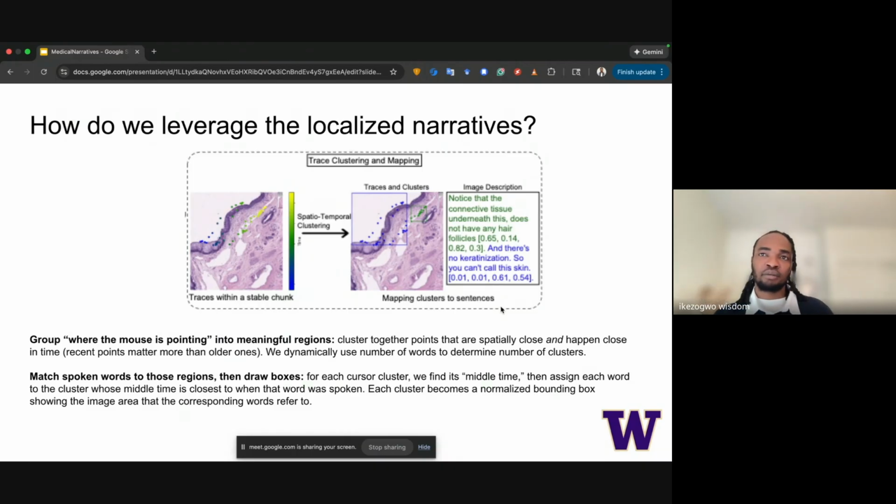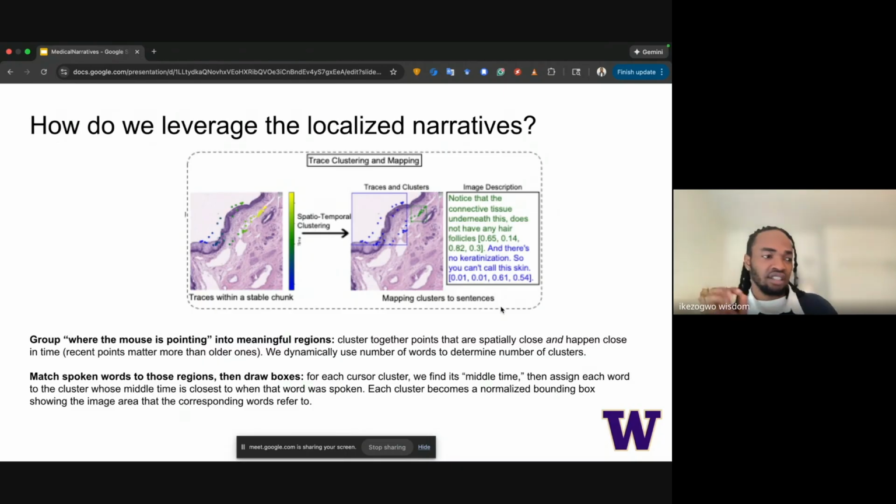We then select the number of clusters that we want for each stable region based on the number of words in that stable segment. Then we assign the words to the clusters based on the distance to the temporal midpoint of the stable region. Finally, each cluster is represented as a bounding box.